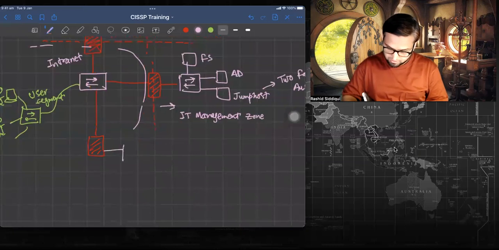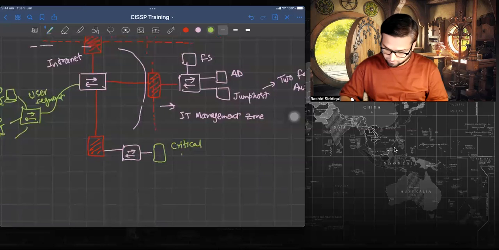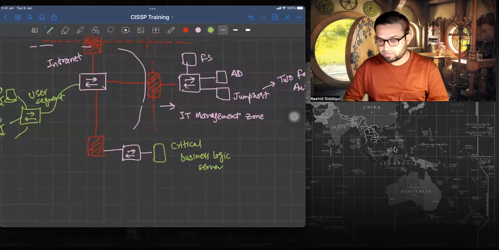and call it, let's say, a critical business logic server, right? It is something which, if this is exposed, the company is gone. Now this kind of server will be much more strict. So if you see here,